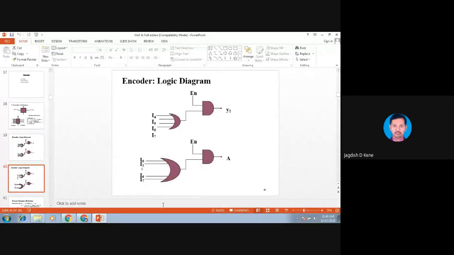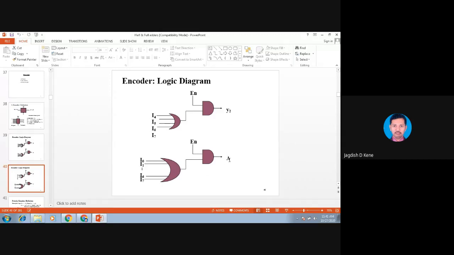There is again the general statement, but instead of talking about even and odd, it will be a generalized encoder. But the size of this encoder will be different. It will be 8-bit to 1. This is I2. The output can be labeled with any value. It may be X1, X0, X2, or P, Q, R, S, T like that.